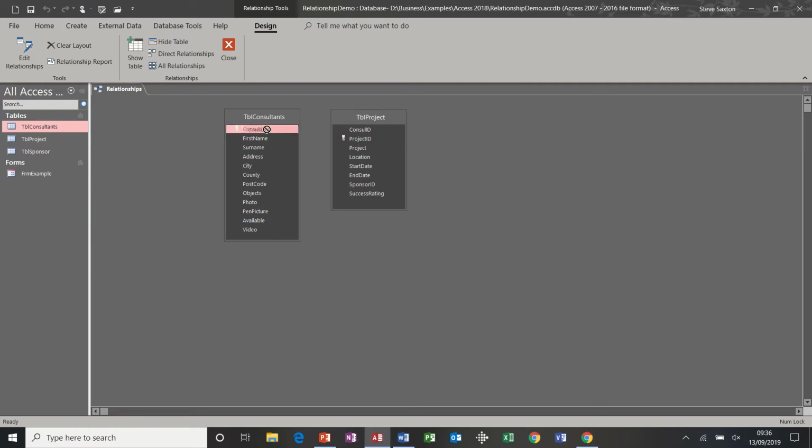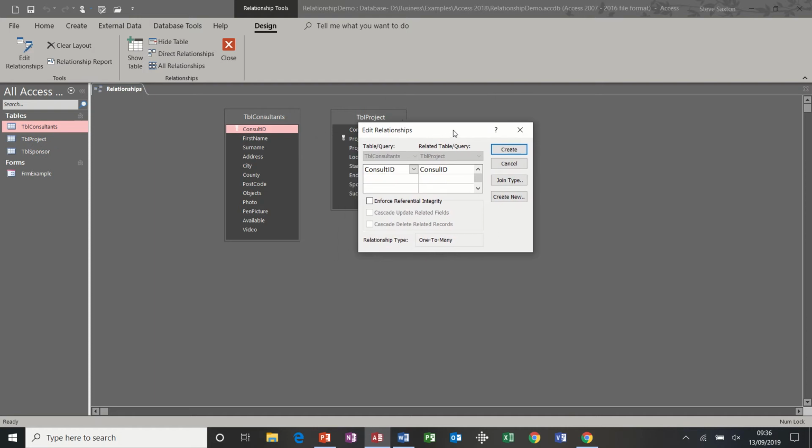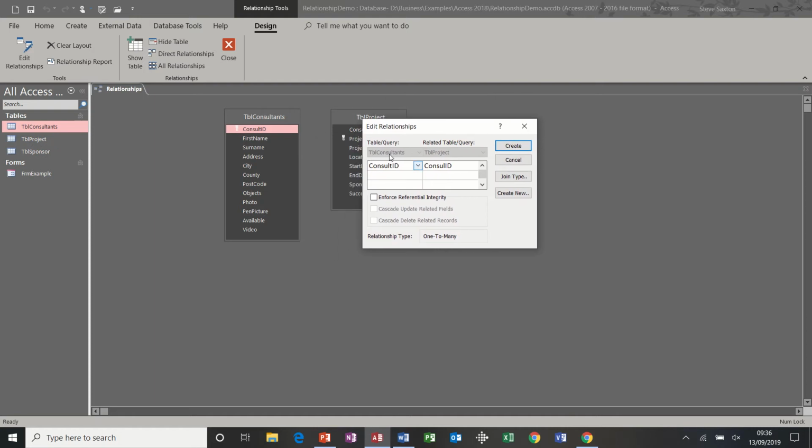You click on the consultant ID there, and you drag it across and drop it on top of the other consultant ID, and then this window opens up where it tells you there: table consultants, consultant ID, table project, consultant ID, and then you have these tick boxes at the bottom and a few options, join type, which I'll talk about shortly. I'm going to tick this option which says enforce referential integrity, which basically means that I